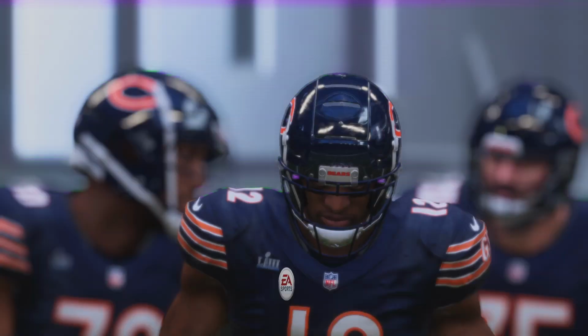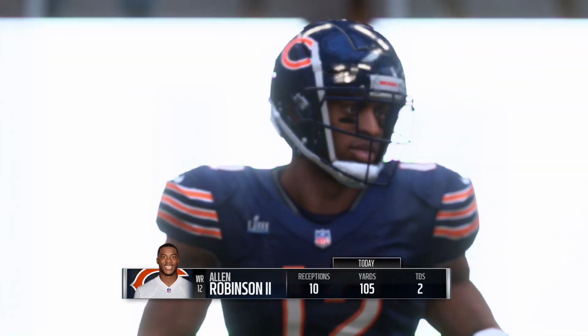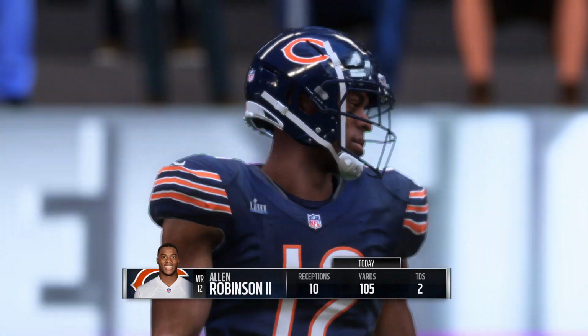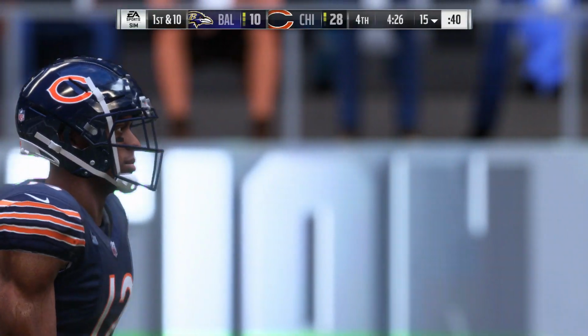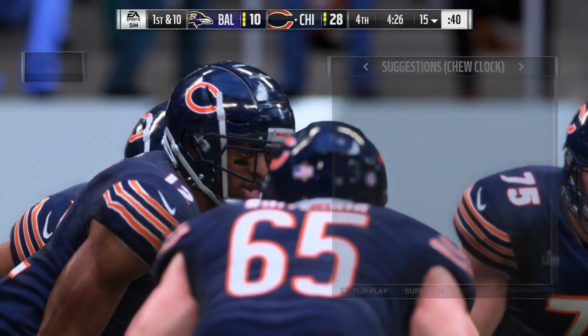Now Allen Robinson and company gearing up to go again on offense. And I know that they've double-teamed him a couple times, but not a ton. Whatever they're doing isn't working. He's up over 100 yards. We'll see how they adjust. And when they do that, they weaken